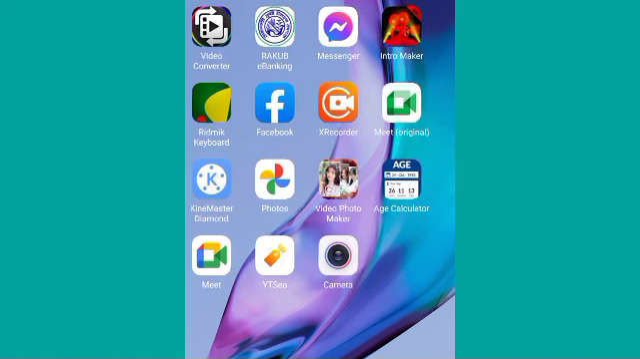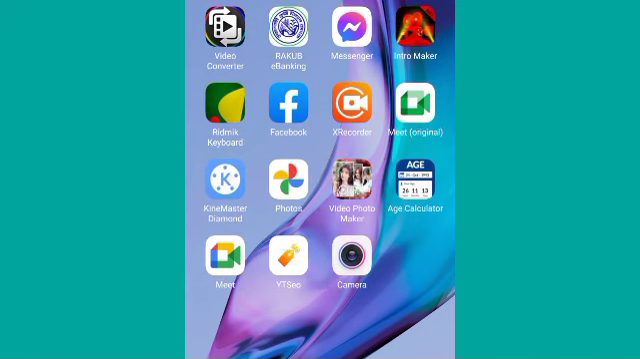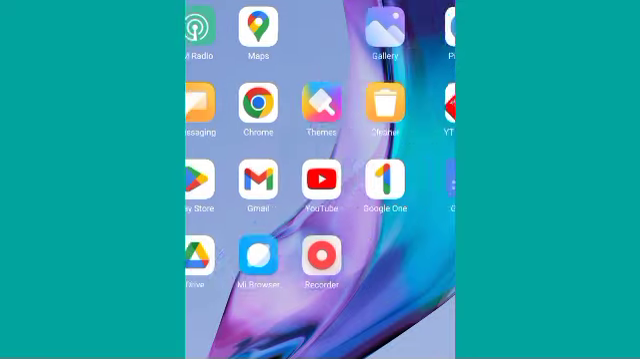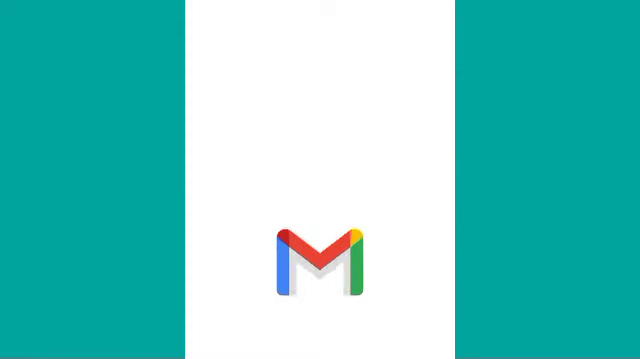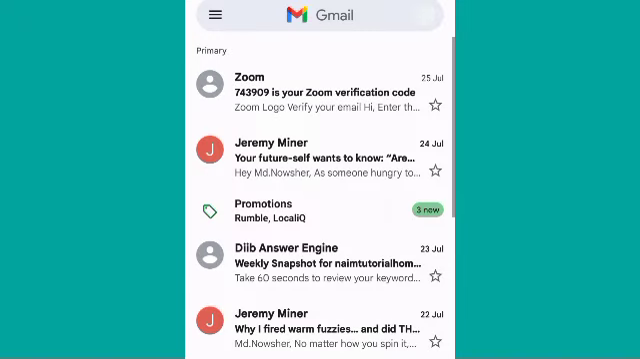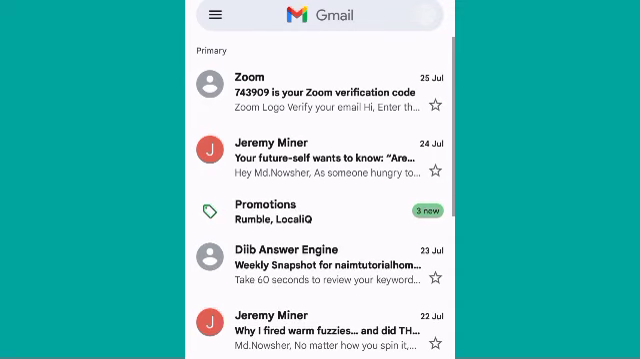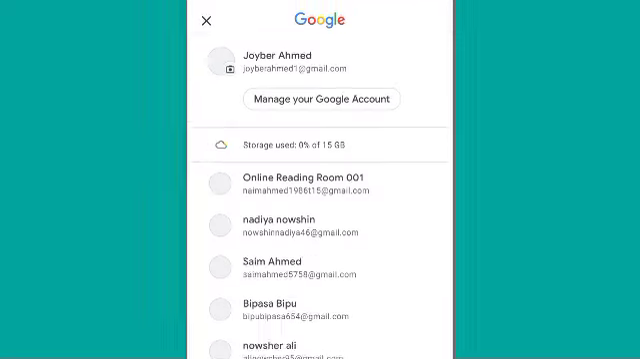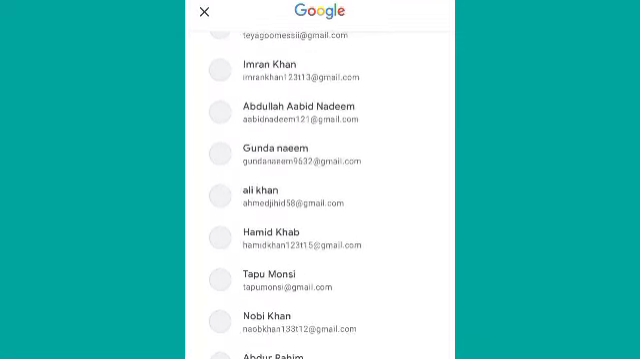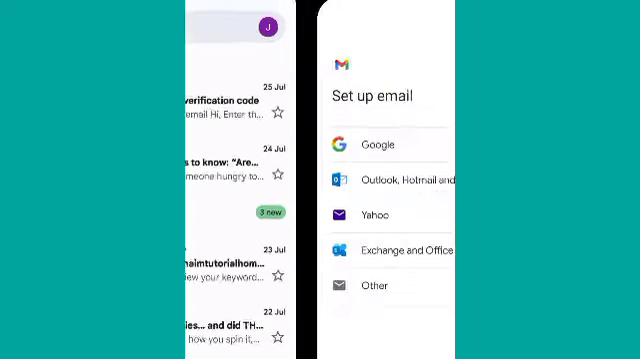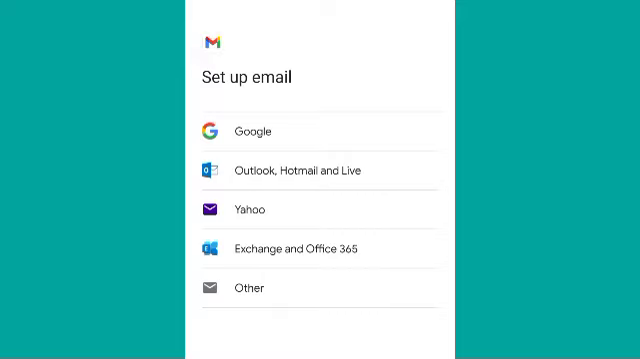Stay with me. At first I am going to my mobile phone. Then I will find the Gmail app. Then I press there. After some time you will get a Gmail icon, and then press here and scroll below. Then you see the add option. Press the Google